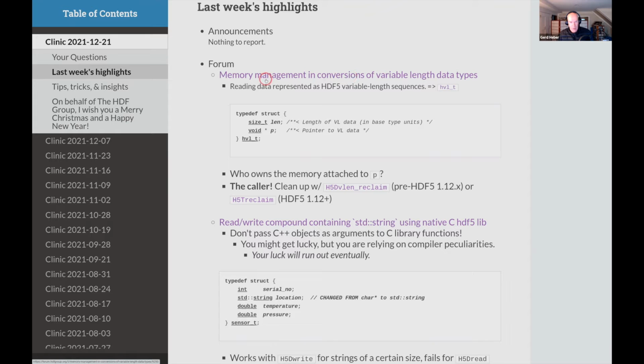The user was basically asking: I'm reading data represented as an HDF5 variable length sequence, either as part of a compound type or just a variable length sequence type, which means that this is going to inevitably lead you to hvl_t, at least for users of C and C++. And so I just copied that struct definition here.